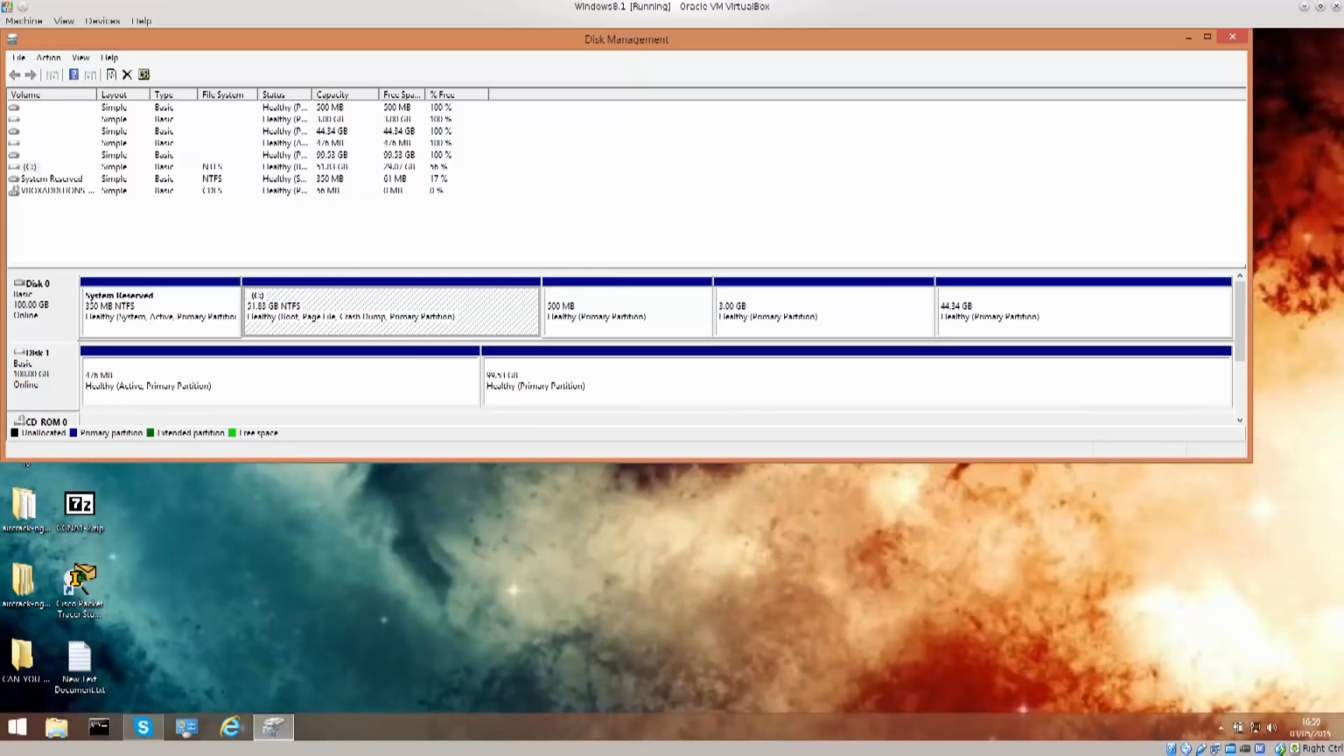Anyway, while I was here, I figured I might as well show you that, although not particularly relevant for the course, a bit of extra information is always handy. Anyway, I just want to show you that these two partitions